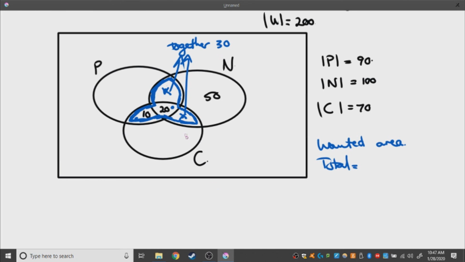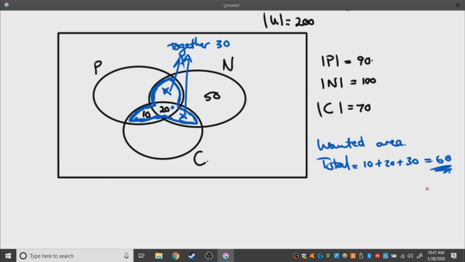I'll never know what they are individually. There's just not information to tell me that. But I don't need to. I just need to know how many there are in total. So my total for the whole blue area is then 10 plus 20 plus the 30 to give me 60. And I'm done. Can you repeat how you